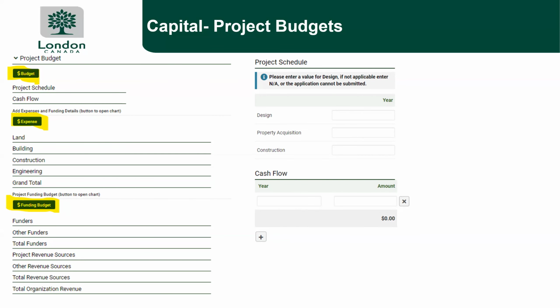So the capital project budgets, as I mentioned, look a little bit different. There will be the project budget, the expenses, your funding budget, and then a project schedule. So the project budget opens up to this project schedule. So we basically are asking what year things will take place in. If it is about design, property acquisition, if you're purchasing property, or construction, what is the year that this is going to happen in? That's a little bit key in this situation because innovation, capital, and grassroots run on 12 months. So by the time the allocations are made, it's going to be summer.